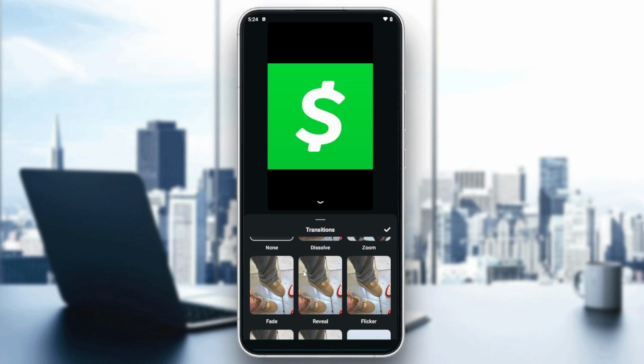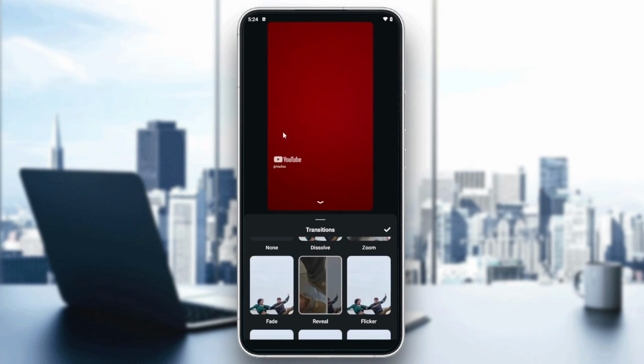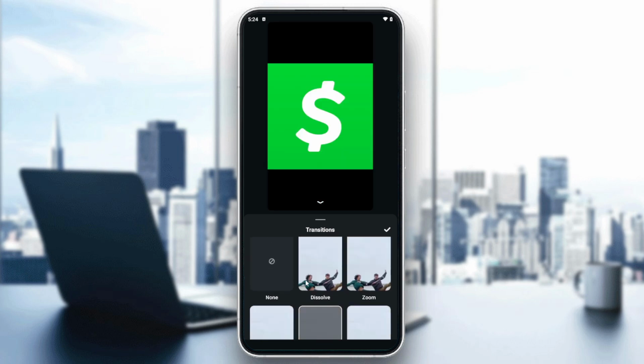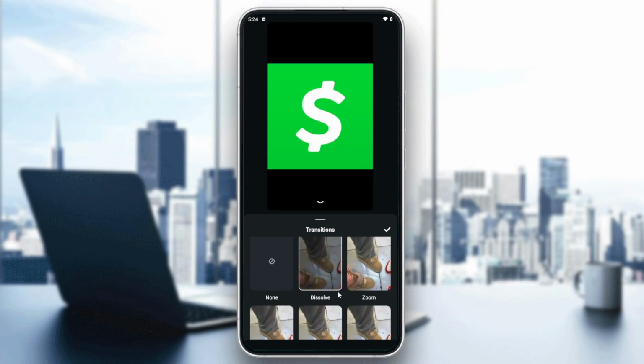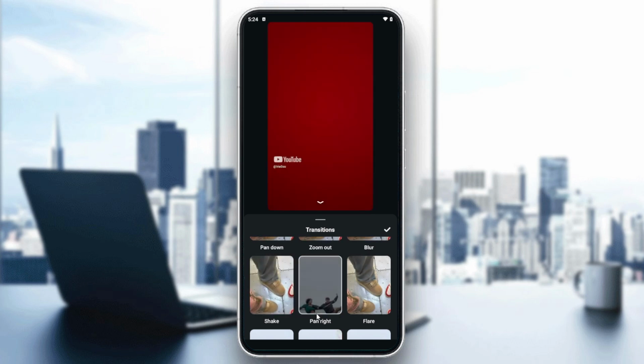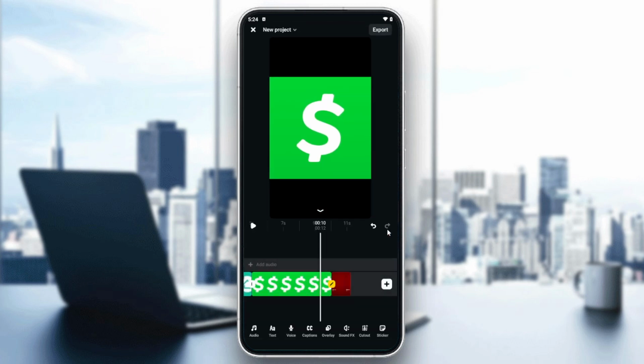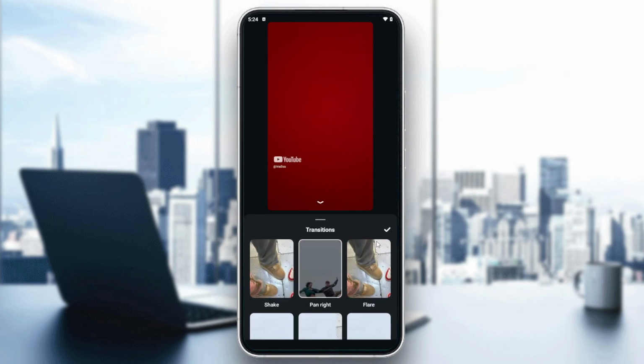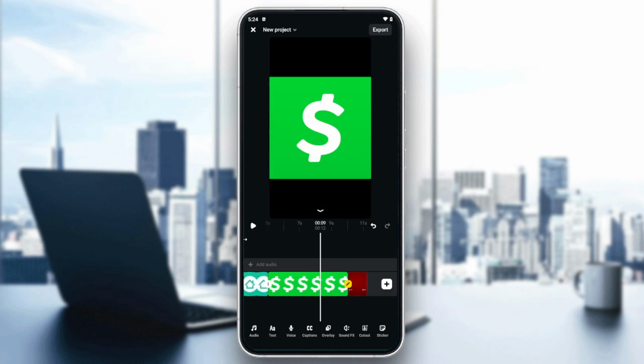Also, you can have a preview of the transition in this preview menu. So you will choose any one that you would like, and after that, you will be needing just to click on done. And now you have it. As you can see, let's just use our playback, and the transition will be applied. If you have already imported multiple footage and you want to add a new one, you can simply